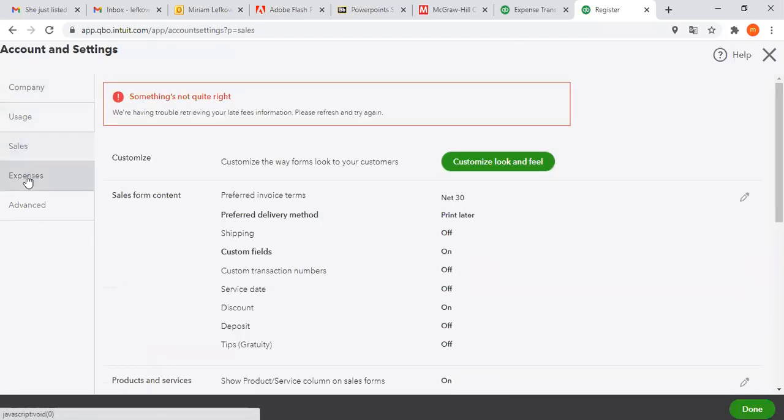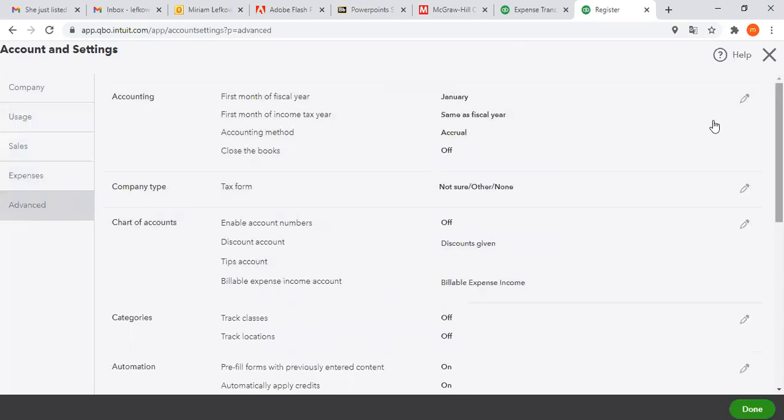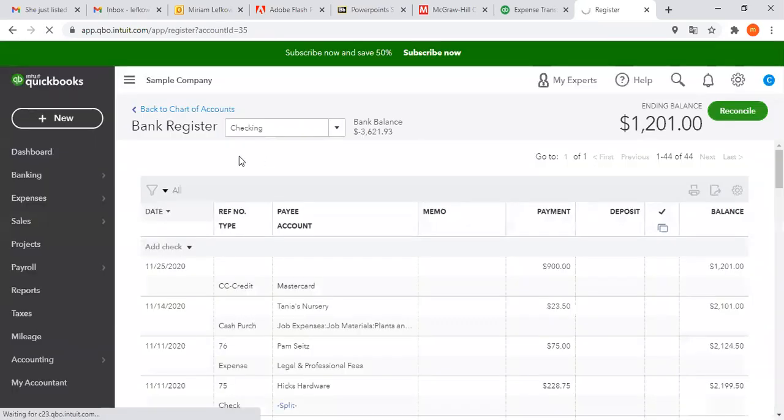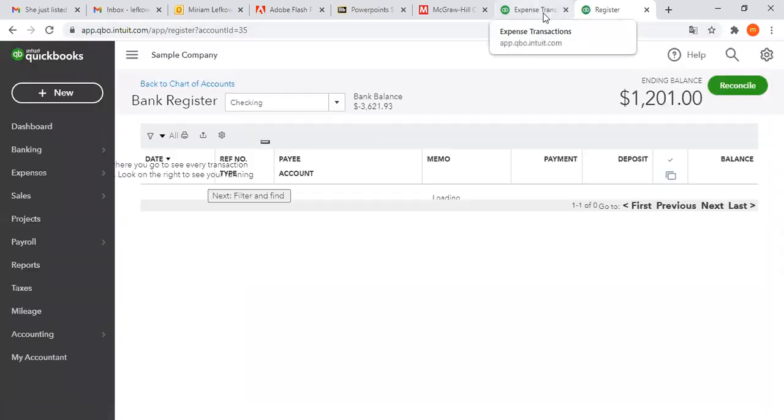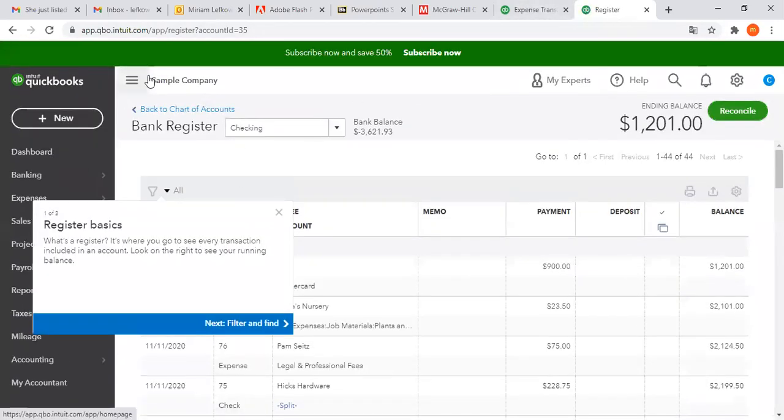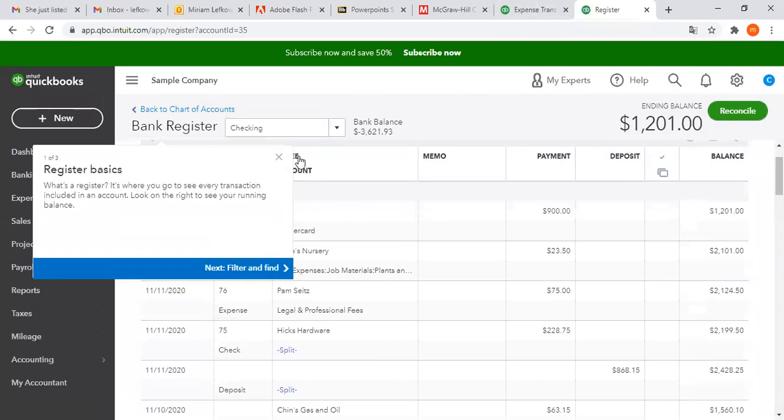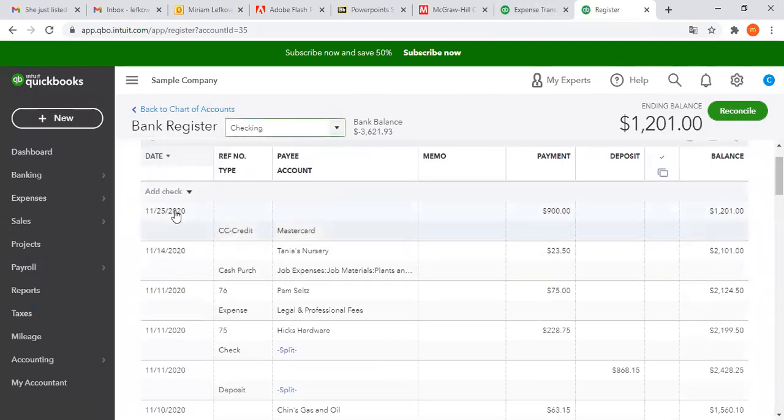Okay, the rest are fine. Expenses, advanced, everything is basically good because we are using January, so I'm following the book. But it will be taking you a little bit of time to delete all this work. Okay, so it's still the same simple company. And this is your register. You're selecting this way